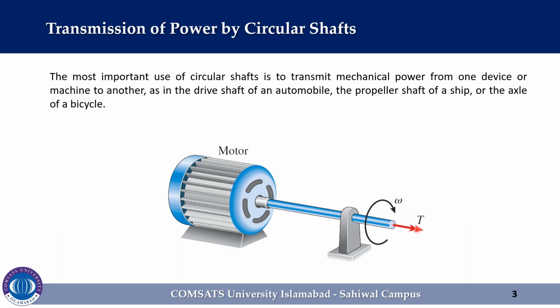The shaft transmits a torque T to a device, not shown in the figure here, that is performing useful work. The torque applied by the shaft to the external device has the same sense as the angular speed omega. That is, its vector points to the left. However, the torque shown in the figure is the torque exerted on the shaft by the device, and so its vector points in the opposite direction.